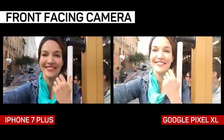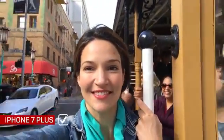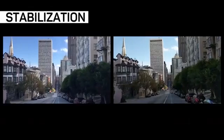In theory, the Pixel's 8-megapixel sensor should look sharper than the 7 megapixels on the iPhone. But in reality, the iPhone did a better job at balancing the exposure as the lighting changed. Back on